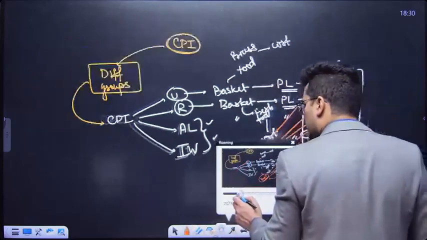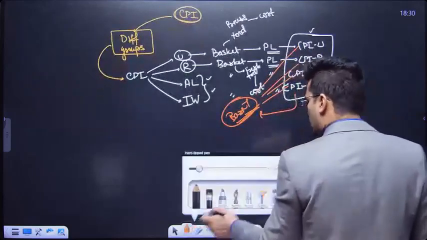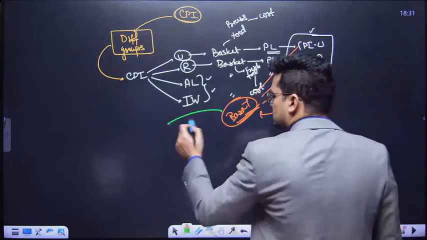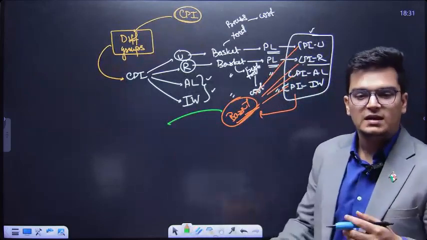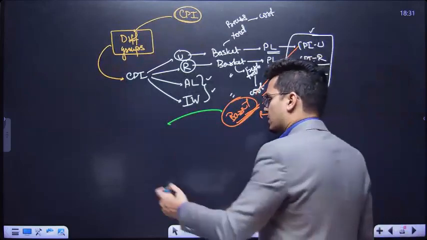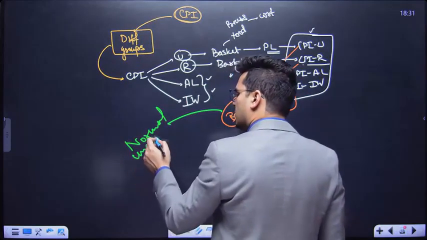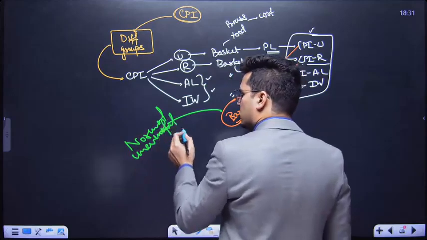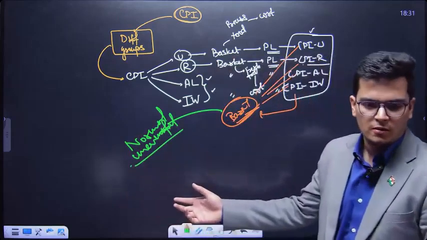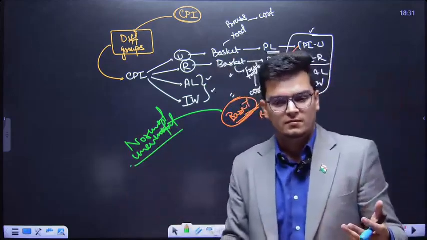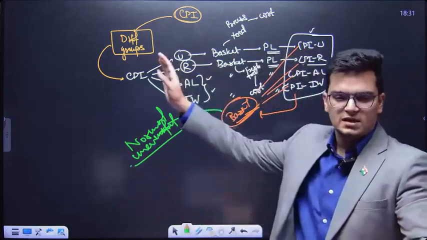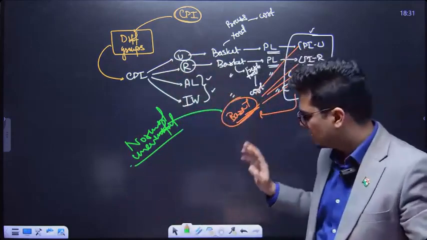बेस ईयर के कैरेक्टरिस्टिक्स क्या होते हैं ये भी हम पढ़ चुके हैं। What are the characteristics of a base year? बेस ईयर किस टाइप का ईयर होता है? नॉर्मल ईयर, अनइवेंटफुल ईयर, जिसमें कुछ बहुत ज्यादा ना हुआ हो, नॉर्मल अनइवेंटफुल ईयर, है ना। तो मुझे एक बेस ईयर भी सिलेक्ट करना पड़ेगा, ठीक है।